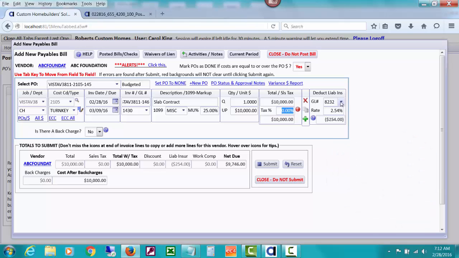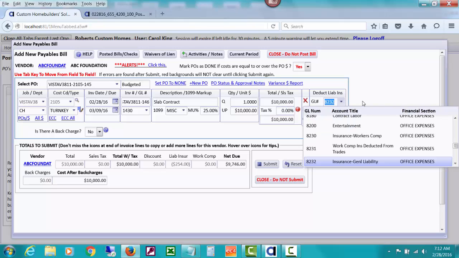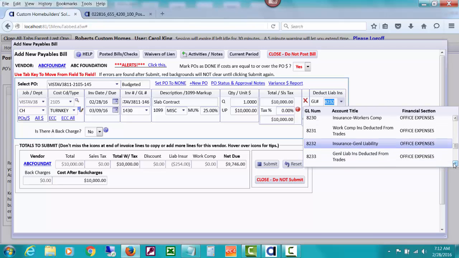We have set up, notice what happens if I drop down. I'll see that I did have 8232 insurance general liability, which is part of my office expenses on my chart of accounts, but I've decided to go ahead, this is one of the first ones I've done, to have what I sometimes call a contra account right underneath it to say general liability insurance deducted from trades. That's because when I pay the insurance company themselves, I'll use this, and I'd like to keep it separated so it doesn't have all the minuses there,